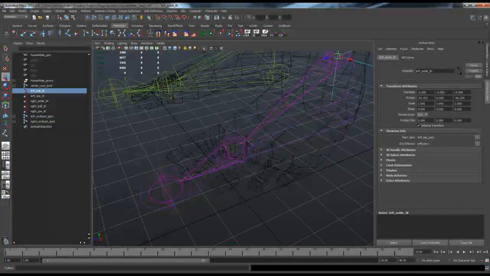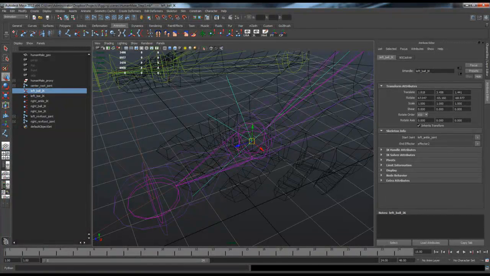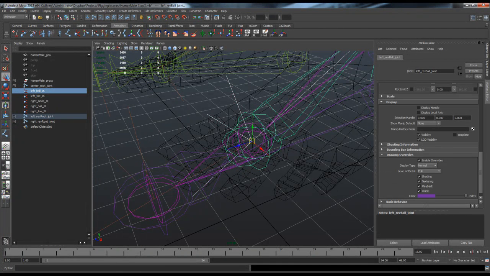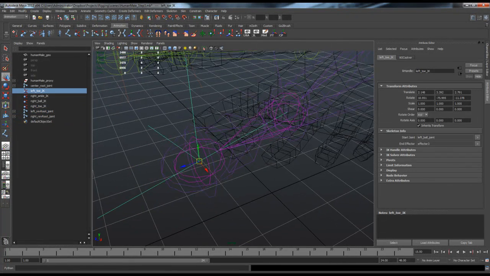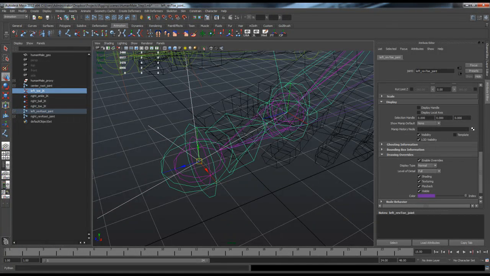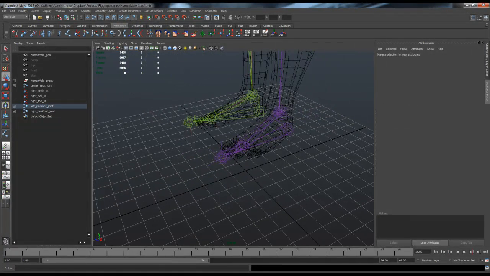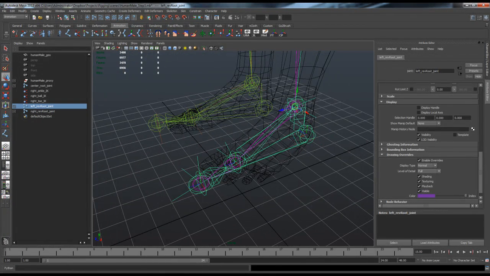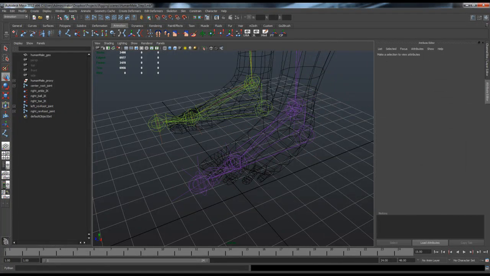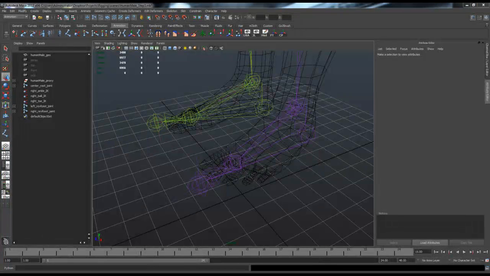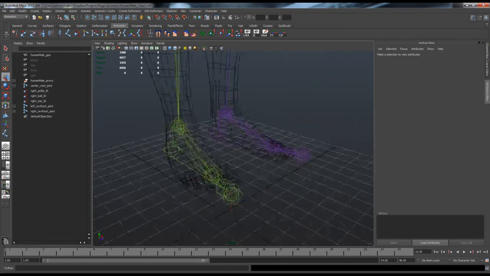Then we want to go to our ball, select our ball IK, select our inverse joint, our inverse ball joint, and hit P. Our toe IK, toe reverse joint, and hit P. And then now if we were to select our inverse foot, it actually controls the skeleton. So now I'm going to go ahead and do the same to the other side,